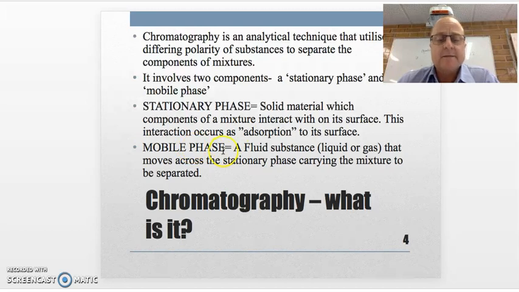The mobile phase is the other part of a chromatography setup, which is a fluid substance, which means it's either a liquid or a gas, that moves across the stationary phase, carrying the mixture to be separated. So the mobile phase will carry the mixture that we're trying to analyse and trying to work out what might be in it. Okay, so that might give you a bit of an idea what chromatography is, but probably you're still a little bit unsure